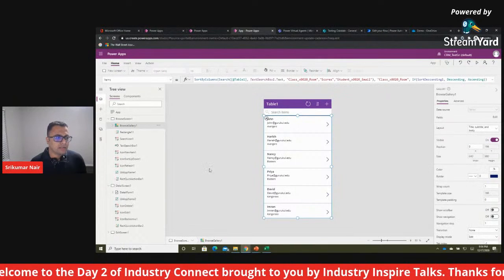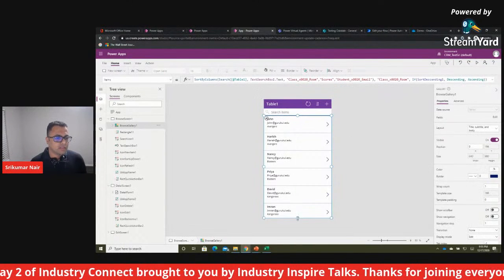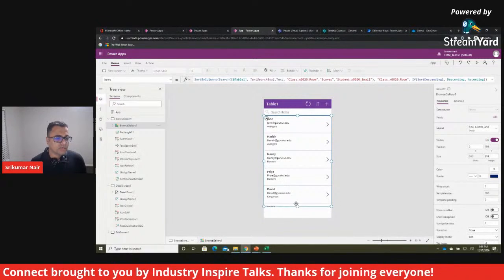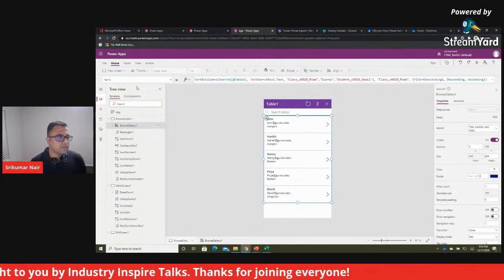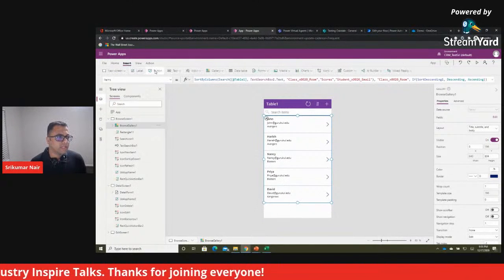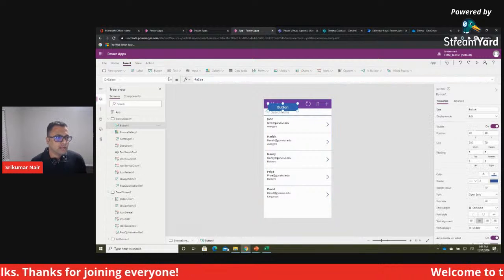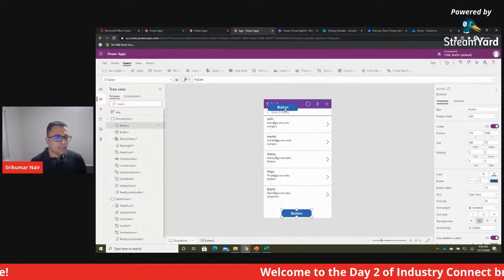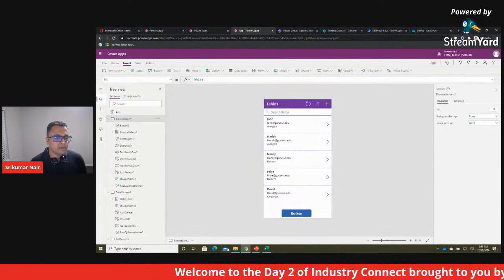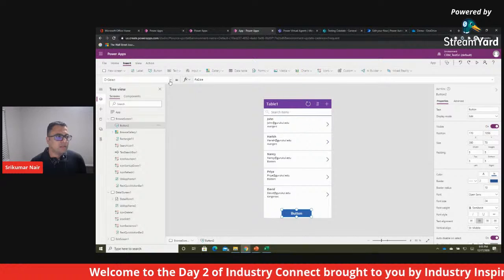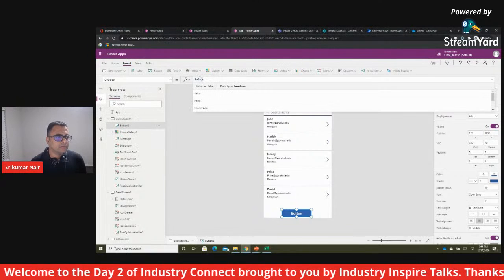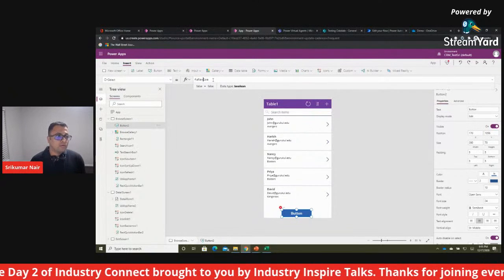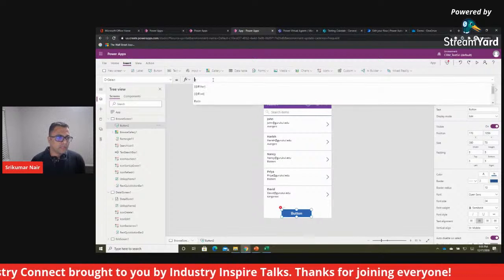This is a gallery. The gallery is actually nothing but a set of records that you can see here. Controls, you can even put new controls like buttons. These are drag and drop. Oh, sorry, I already just dropped it here. And then similarly on select of the button, you could do the same thing as navigate to another screen here.